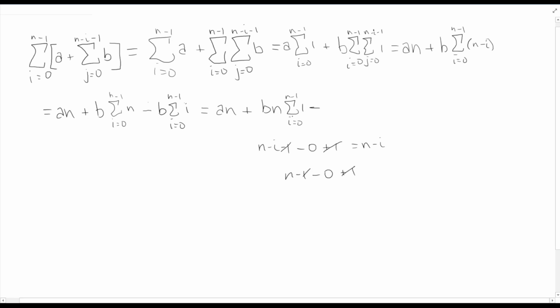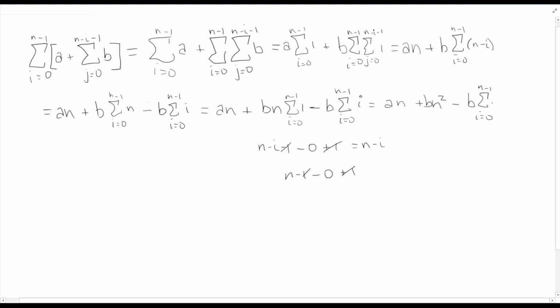This one we might simplify down to another n. We'll see in a second, but I'll leave it as that for now. I am going to leave this other term just as it is. That one looks a little bit trickier. Some of us might already know what it's equal to. But if not, we'll come back to that and look at that one in more detail. Okay, so let's do the one last step where we take this sum and replace it with an n. So we now have a n plus a b n squared, a bn times another n, minus this sum that we need to solve,